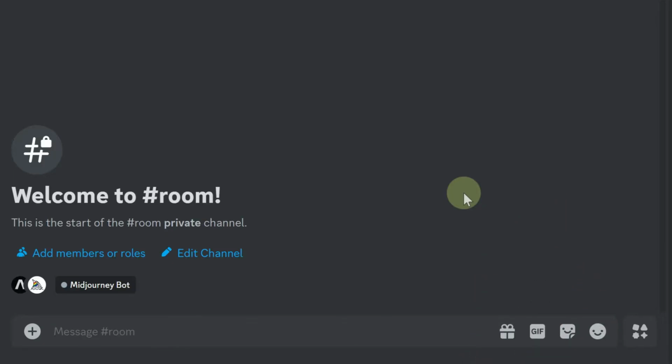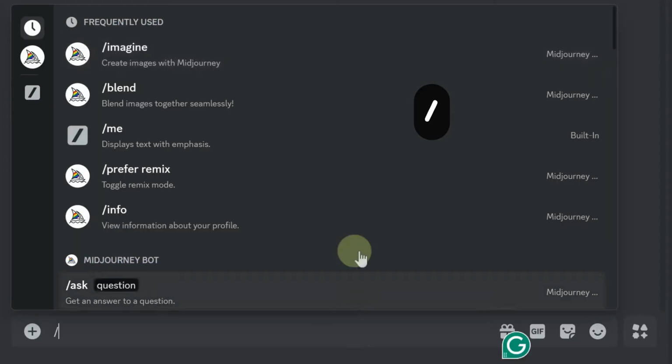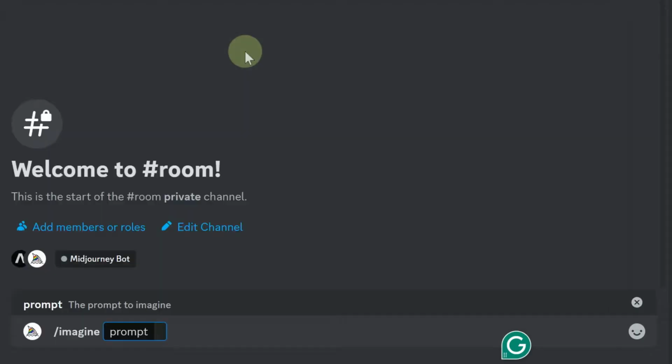Open the Midjourney bot on Discord. In the message box, press the / key. This brings up the command menu. Now click on Imagine to start your prompt. Now, let's add a couple of key parameters. I'll use